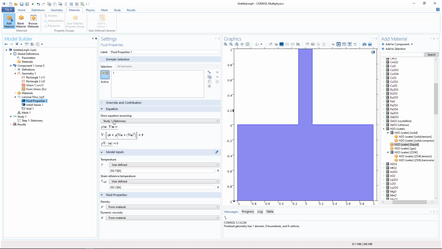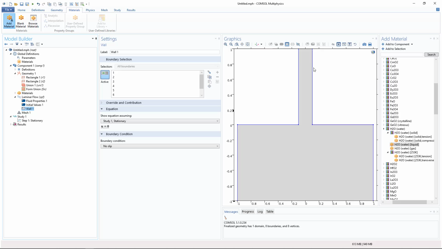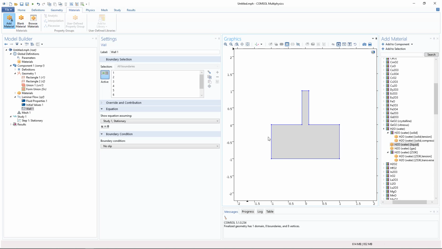The next line, Wall 1, is the default boundary setting for all boundaries not otherwise specified. Right now, this includes all boundaries in our system, and you can see that they are all listed in the selection box here. You cannot remove any boundaries from this list, but we can, however, define new boundary conditions which override this one for some, if not all, of the boundaries in our system. This is a no-slip boundary condition, though, so it suits everything in our system just fine, except for the inlet